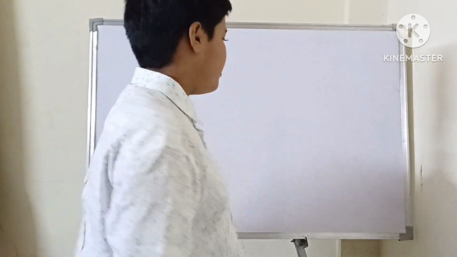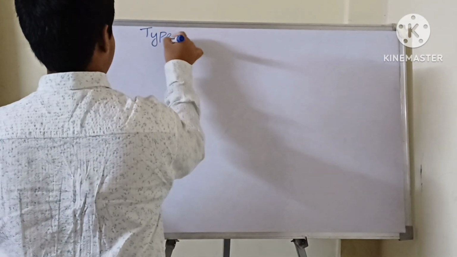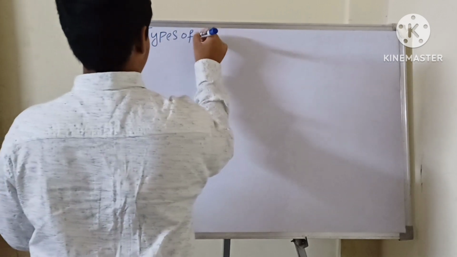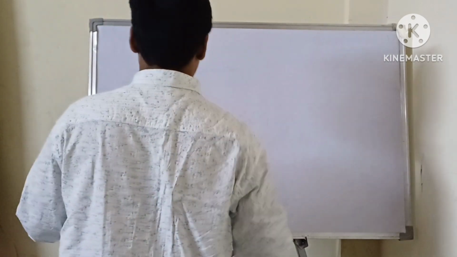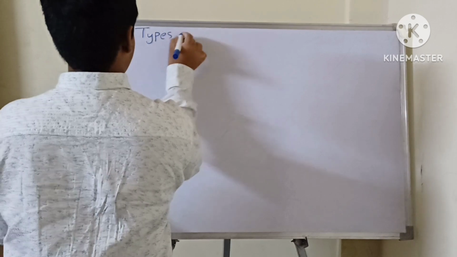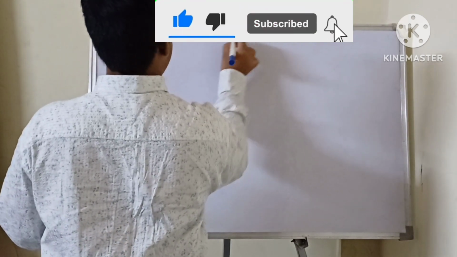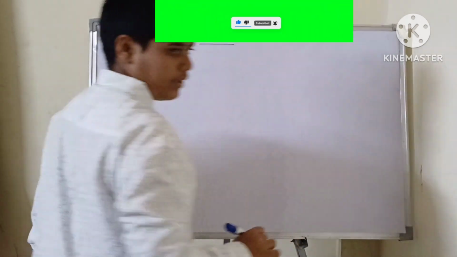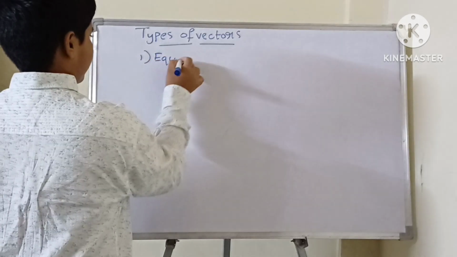Yesterday we discussed vectors and types of vectors. So today, in types of vectors, we discussed equal vectors,